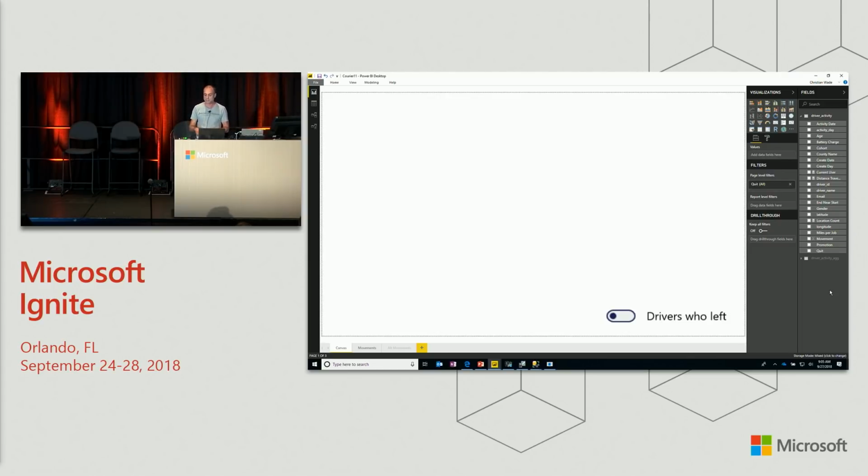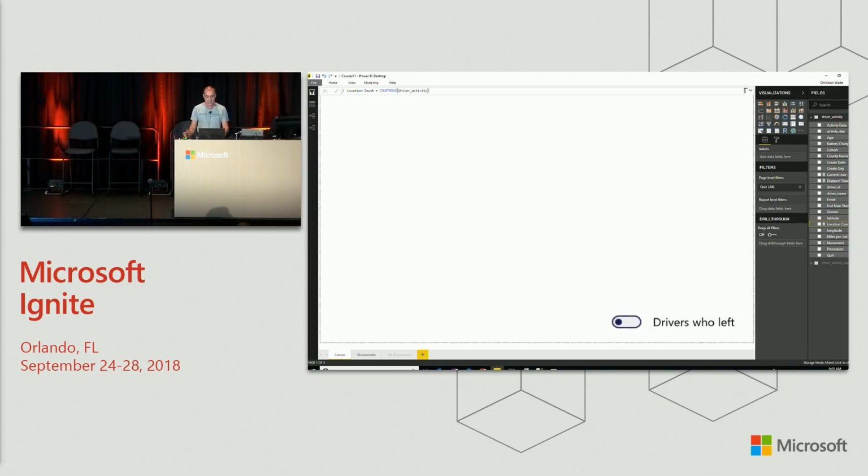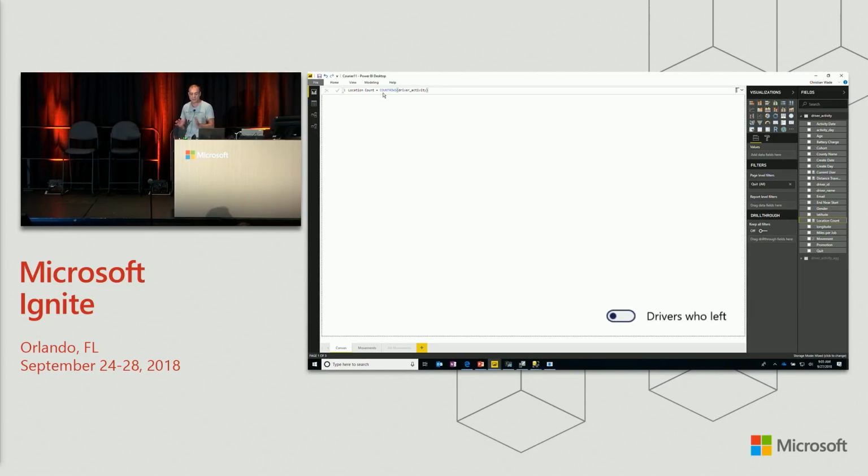Each row in the driver activity table represents an individual location. This location count measure, if I zoom in here, gives us the count of all the rows. Everything looks completely normal, and I'm going to casually drag this onto the canvas, and how many rows do you think are in here? Given that I've just called it the Trillion Rows demo, I think I've let the cat out of the bag,